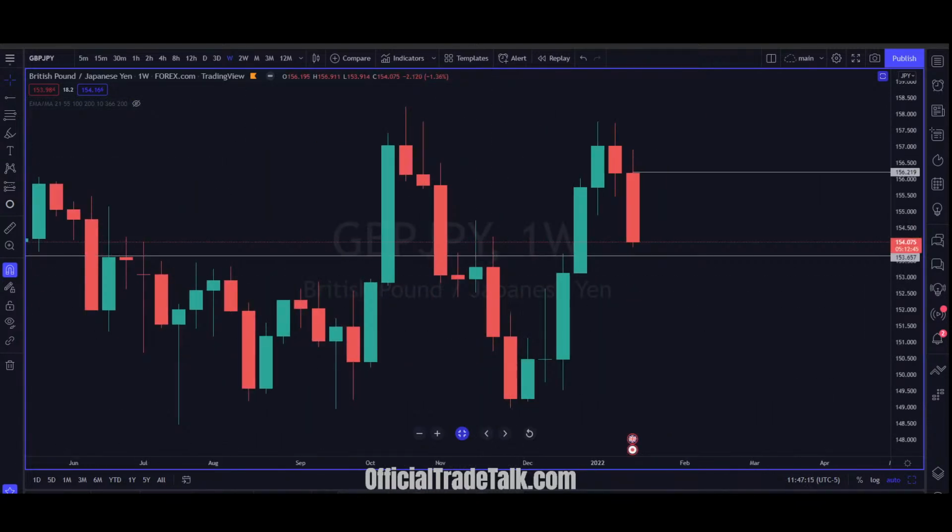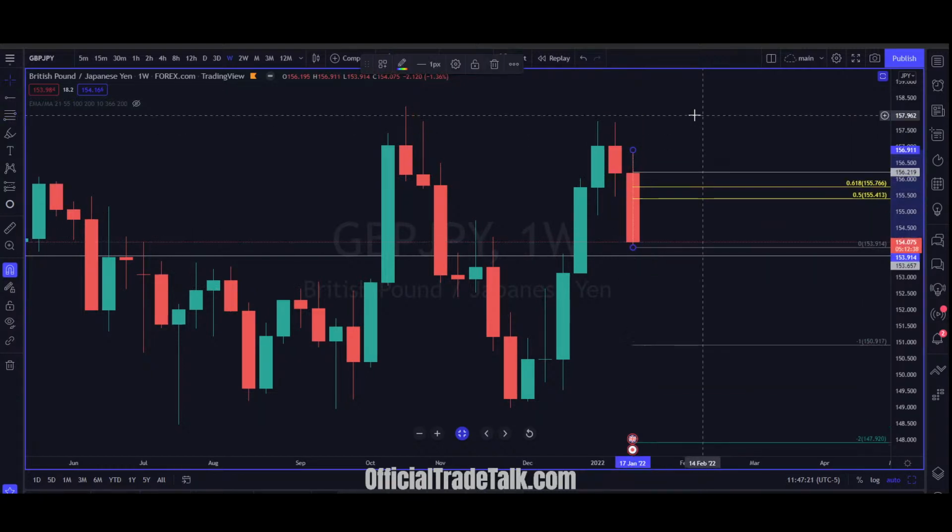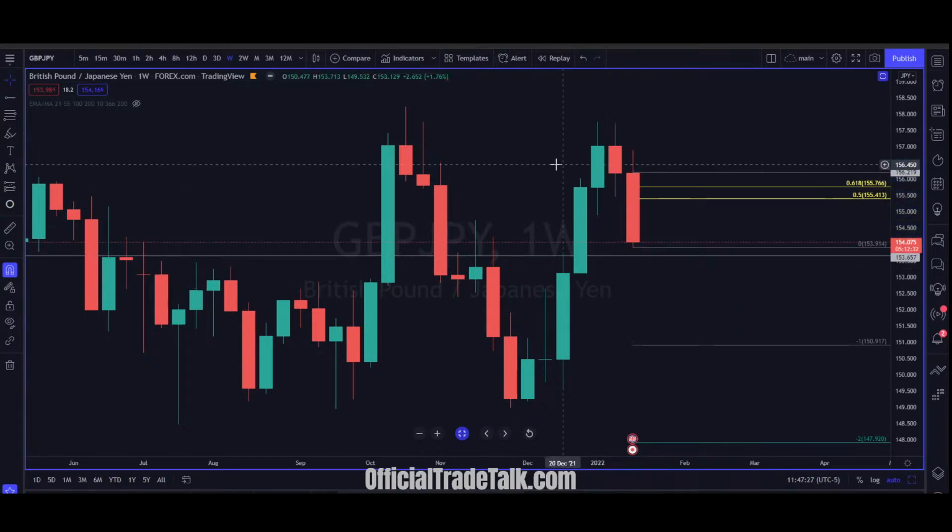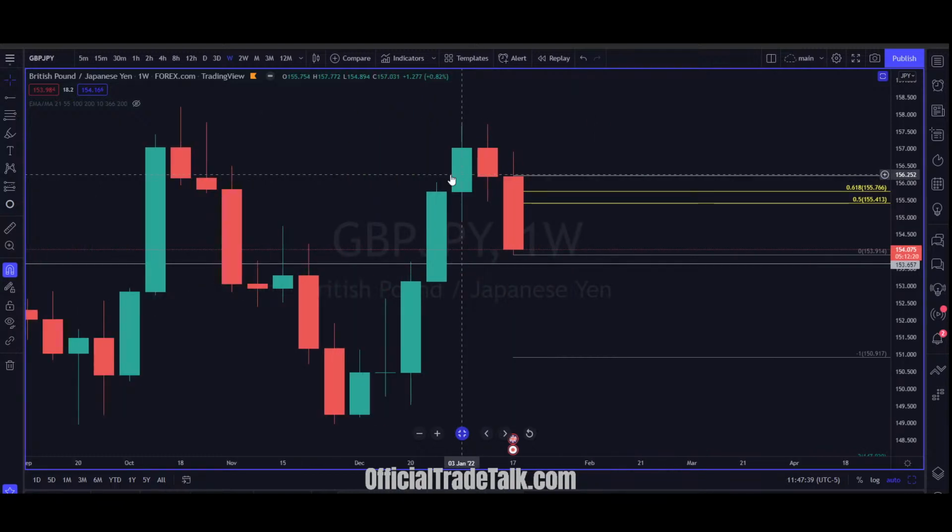All right, so here we go. Weekly range expansion on pound yen to the downside there. That gives us 155.766 and 155.413. Now, why was this so bearish? Well, first and foremost, most of your risk markets were bearish last week. The pound is considered a risk market. Whenever things are good, the pound is generally trending to the bullish side. When everything's doing bad, it usually trends lower.